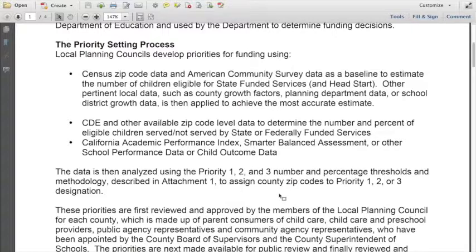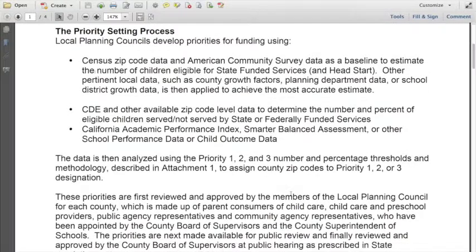We also indicate under bullet number 3 that we are going to identify the low-performing schools in our areas and include that. That is optional in terms of it's not part of the calculation, but we began to want to add that because frequently we're asked about it. How does that map on to the priorities? So we can talk about that in a minute.